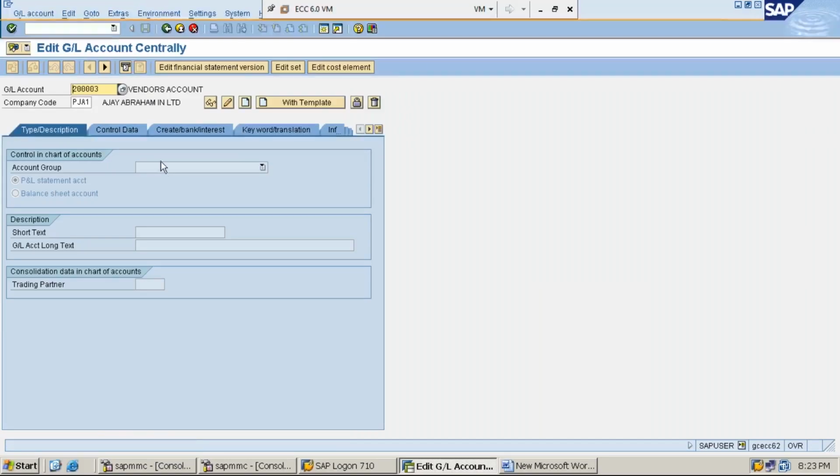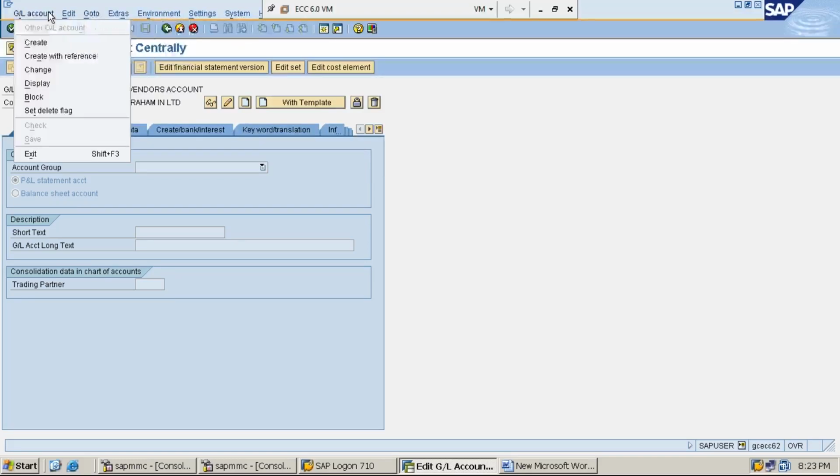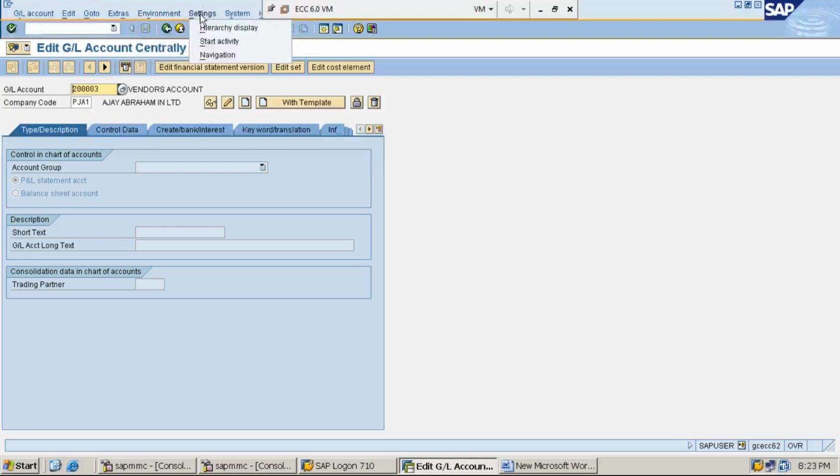Then click on extras. Sorry, click on settings on the main menu. Is it visible? Yeah. Click on settings on the main menu.